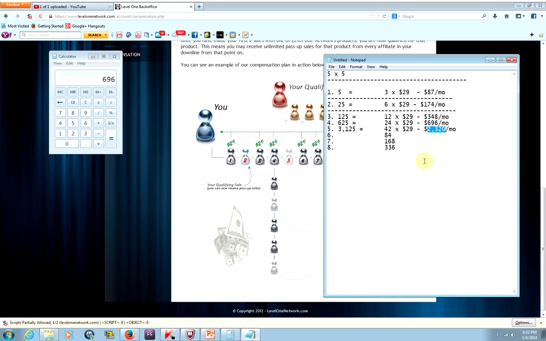And for this level here, you're looking at 42 pass ups per month. Now, this is per month. This is your monthly income that you're looking at right now. Let's do it again. 1,118, not 1,228. Okay. And just for example's sake here,